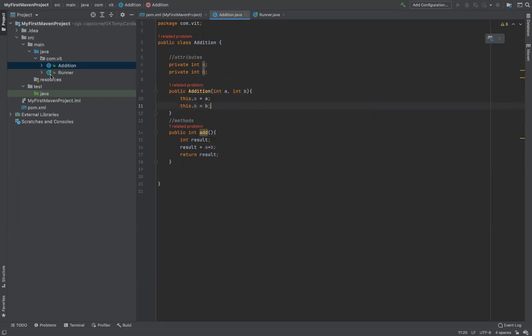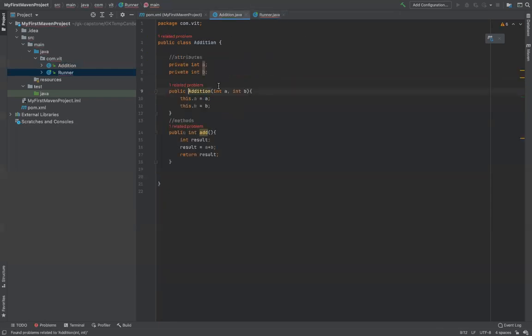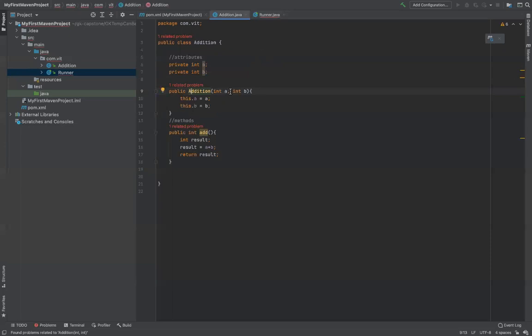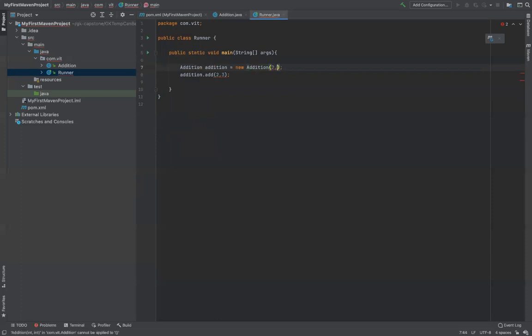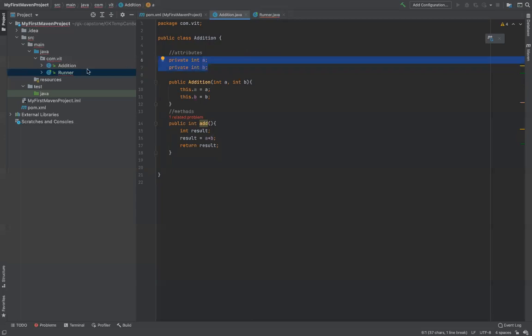All right. Now what will happen in the runner? I have to define these things in a different way. Since this class doesn't have any default constructor, there is an error in the runner line. Let's show the error. It is saying cannot be applied to this. That means it is expecting two integers, because the parameterized constructor expects two integers, isn't it? So I'll go here and pass those integers. So this is how you can pass the values to a class so that it can initialize the variables, or instance variables, of the class.